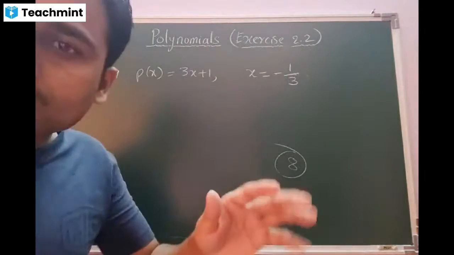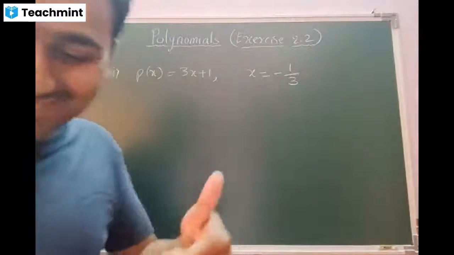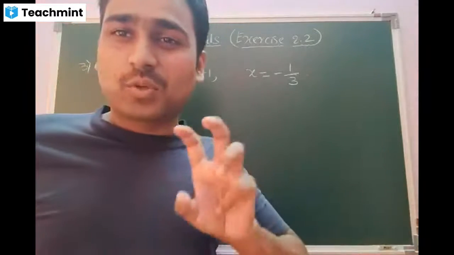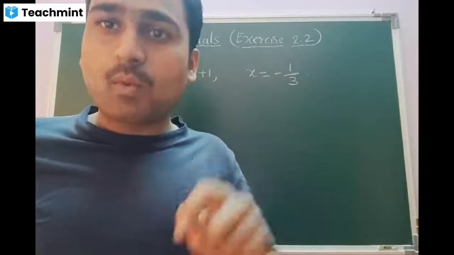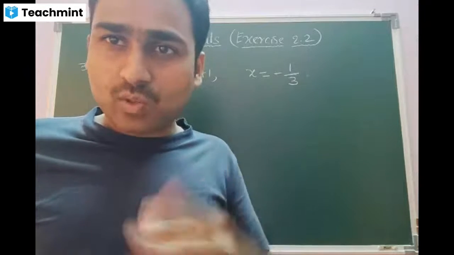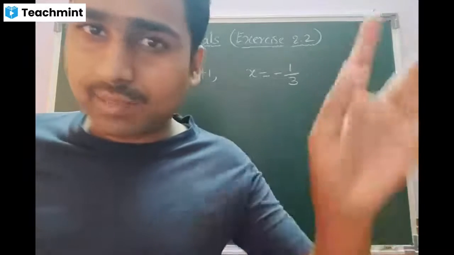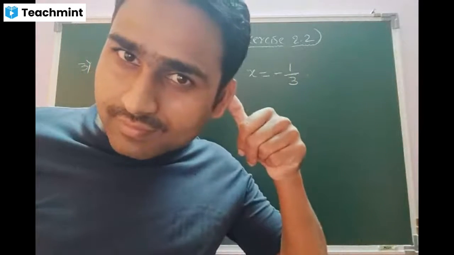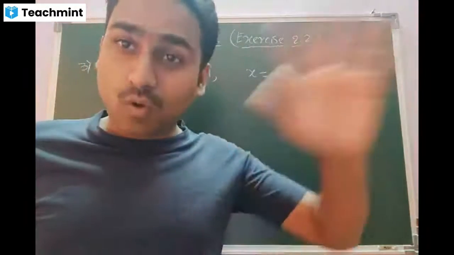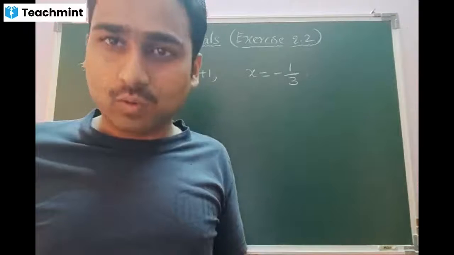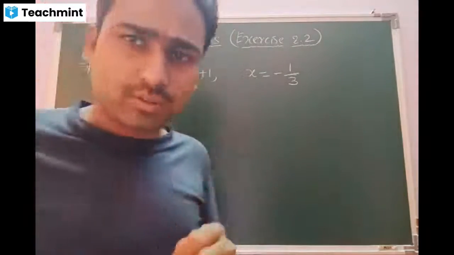Zindabad is, it is a zero of the polynomial, sir. Murdabad, non-zero, means it's not a zero of the polynomial. Yeah, beta. So, if your answer is 0 at the end, the given value is considered as a zero of the polynomial. If your answer is not 0 at the end, then the given value is not considered as a zero of the polynomial. Is that clear, beta? Yes, sir. Okay. Now, one more thing, beta. In the form of zeros, we are finding now whether this number is a zero of this polynomial or not. Let us check out how to do.